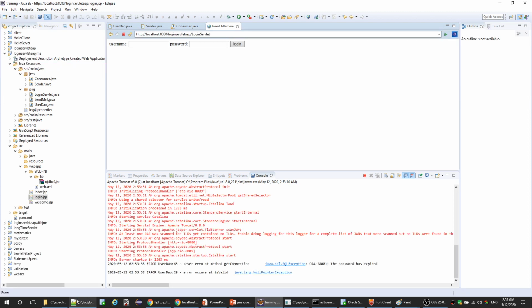And no exceptions either. What is the matter? In the user DAO,